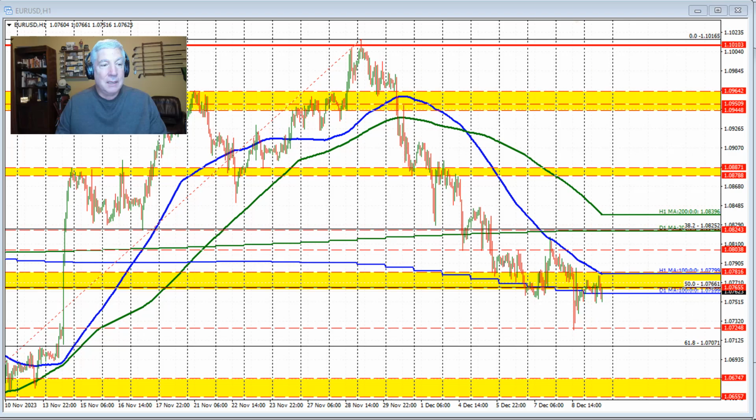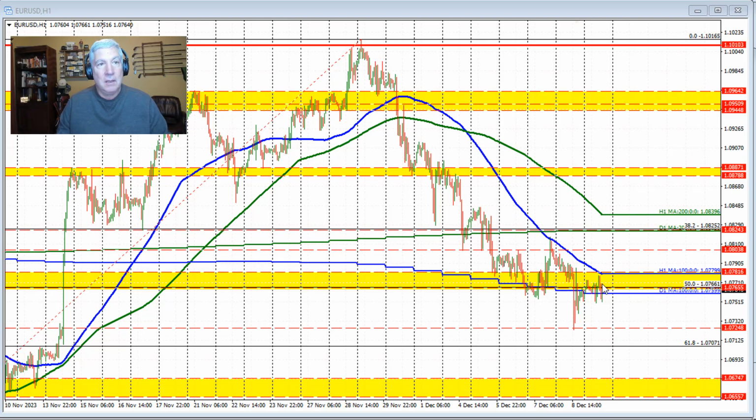Finally, in play is the falling 100-hour moving average. That's this blue line right here. And as you can see, the high price in trading here today did find willing sellers against that level early, I should say, and the price has rotated back to the downside. So with the high price from last Thursday also approaching that 100-hour moving average and finding sellers, and now again today finding sellers, it's keeping a lid on the pair, and that's going to be a key barometer for traders